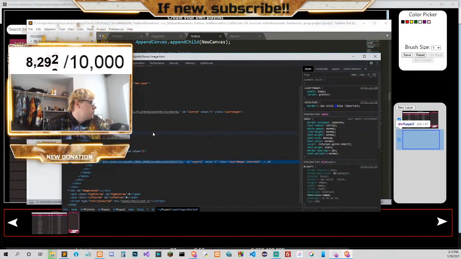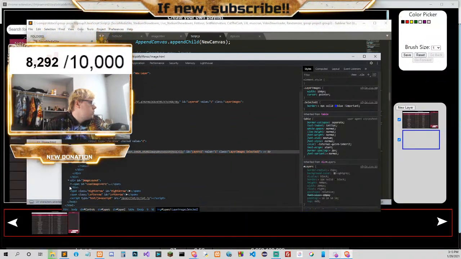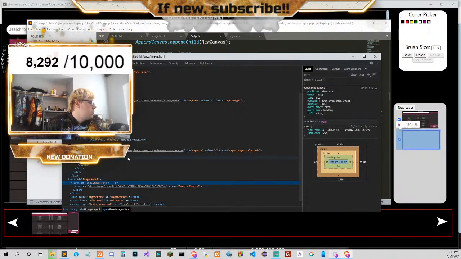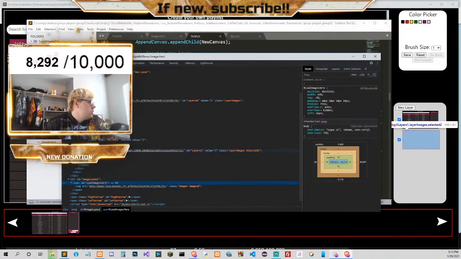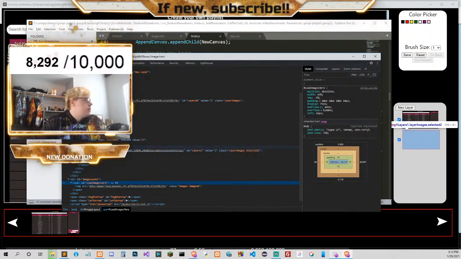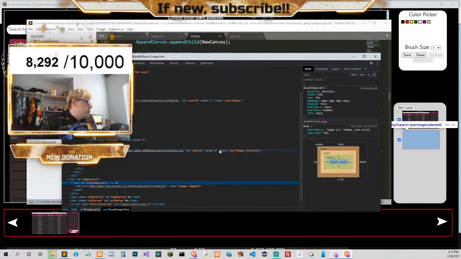Layer 2 dot value is not 2. It says 1 right here.